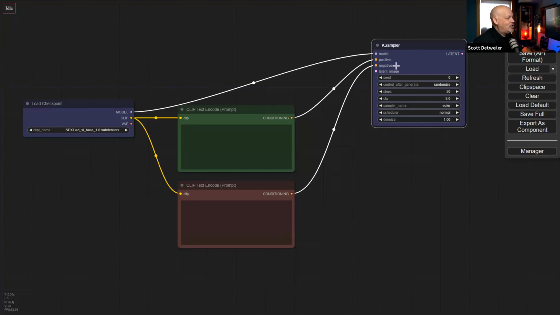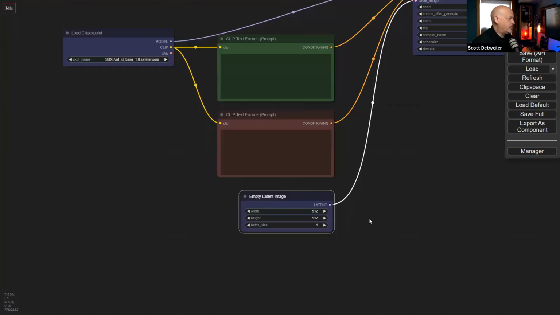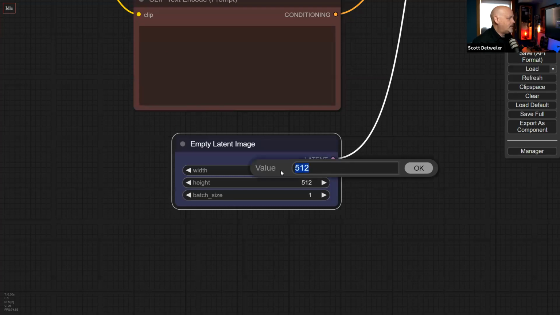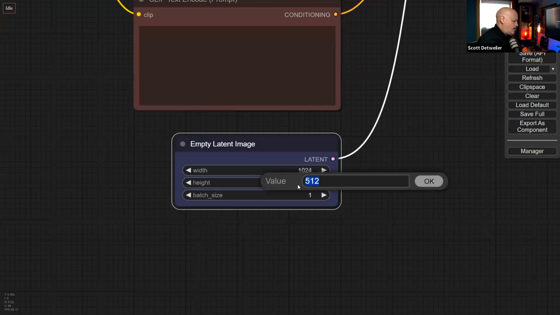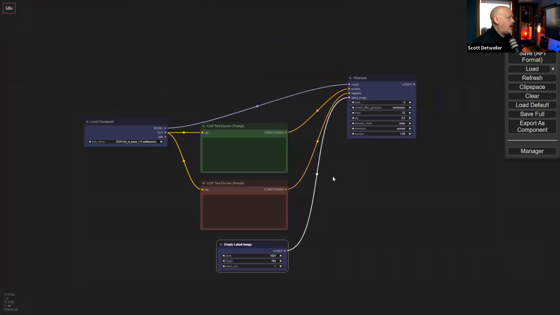You can also change different aspects of the way the graph is rendered as well. But again, it's very rudimentary in the way that it works. And then a latent here, we pull this down and we can say, oh, I'm just looking for an empty latent. So your empty latent is obviously your initial noise. And here's where you set your resolution for your image. So if you want 1024, because it is an SDXL model, for example, then you can set how many images you'd like to create with each batch.